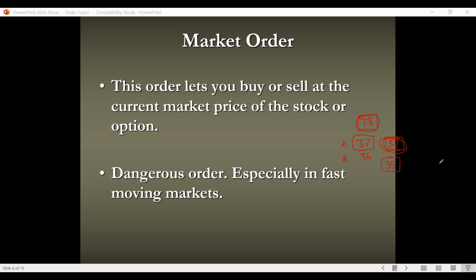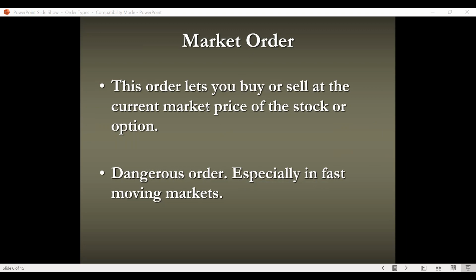Now it doesn't mean that this person isn't going to have to buy it at 38. Because if they go through the register, that price went up. They're going to buy it at 38. But this last price becomes important for these types of orders because it's what they get triggered at. Okay, and this will make a little bit more sense as we get into the specifics of these orders. Okay, so a market order